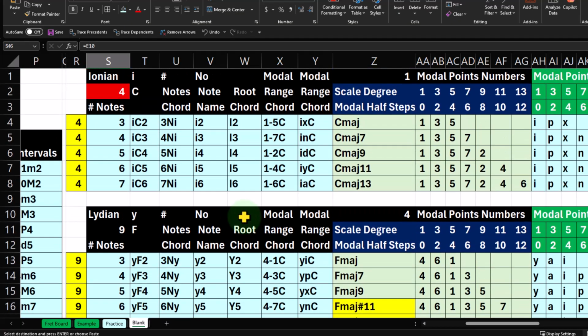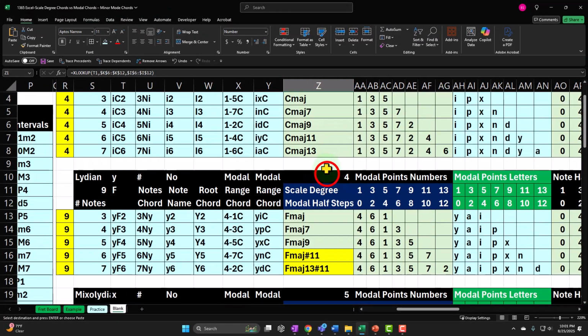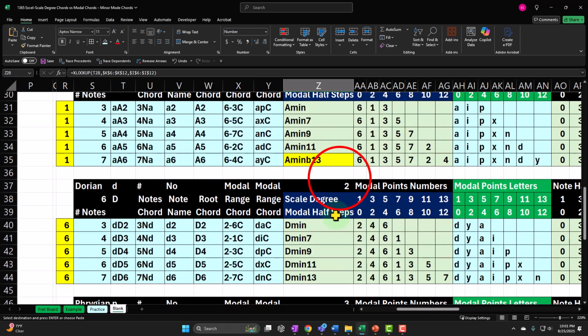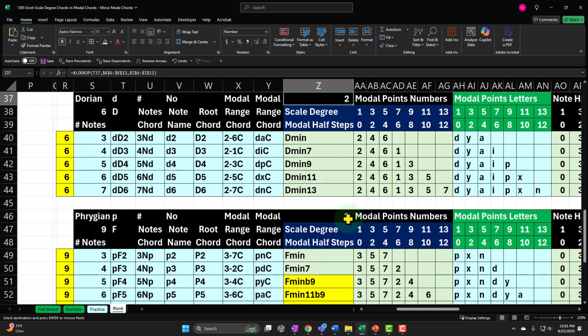But from a number perspective, you're going from the 1, 4, 5, and then back to the 6 Aeolian to 3. That might be a nice way to see it, because you're actually comparing the major modes and the minor modes. Let's just keep it at that,